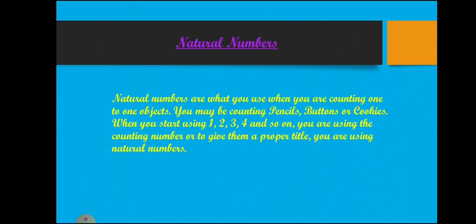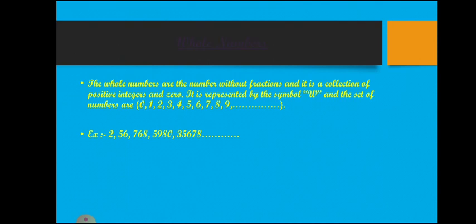Okay, students. Now, the next topic is whole numbers. What is a whole number? The whole numbers are the numbers without fractions, and they are a collection of positive integers and zero. It is represented by the symbol W, and the set of numbers is 0, 1, 2, 3, 4, 5, 6, 7, 8, 9 and so on. Examples are like 2, 56, 768, 5980,